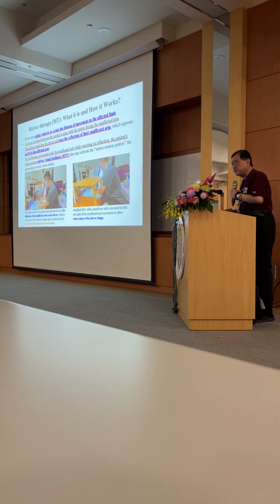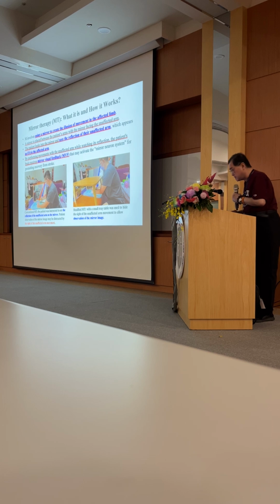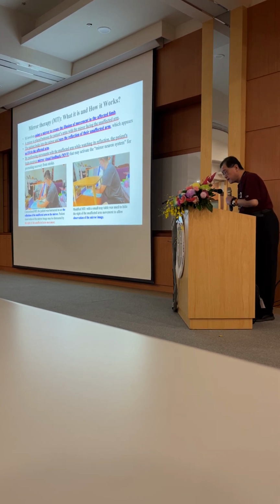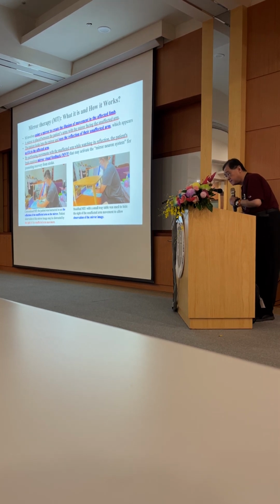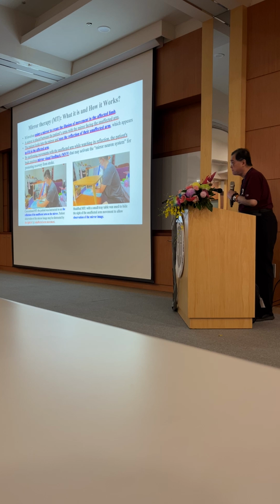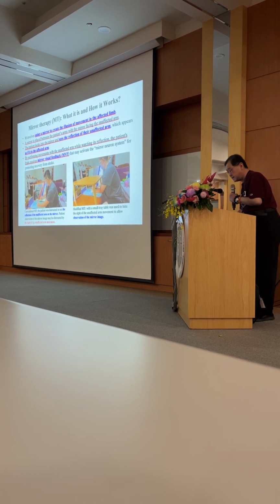We have tried to focus our work on mirror therapy, what it is, how it works. Mirror therapy involves the use of a mirror to create the illusion of movement of the affected arm. The patient is asked to practice with his unaffected arm and look at the mirror for the reflection of the affected arm movement. The problem is that in conventional therapy, the patient might not be able to focus on the mirror given the distraction of the movement of the unaffected upper limb.